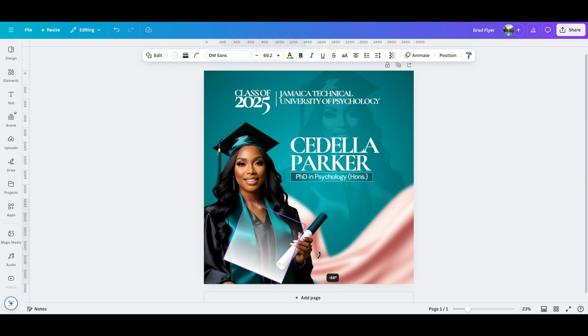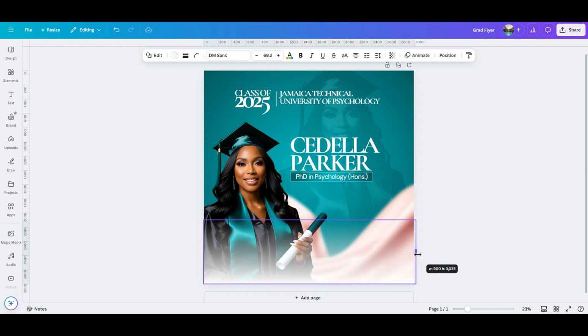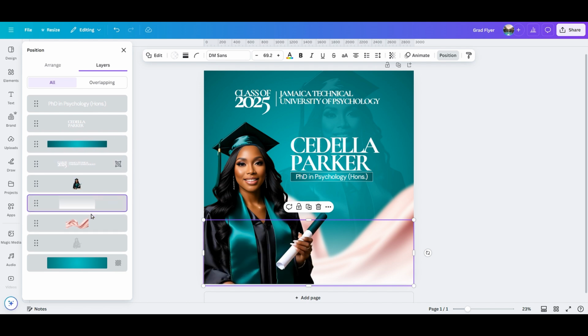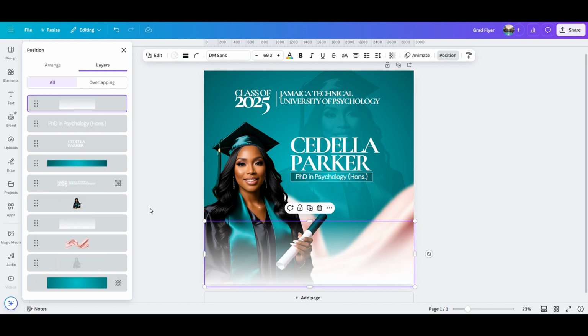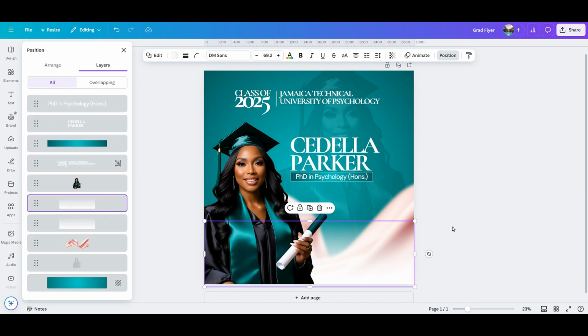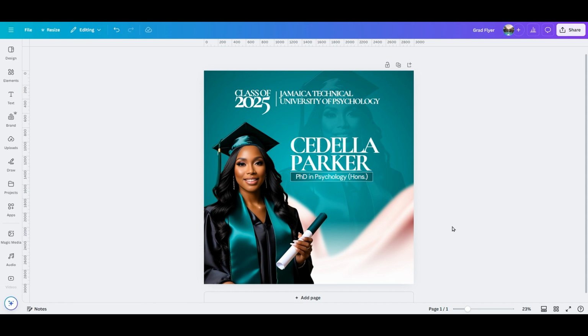And I'm just going to rotate this to a 90-degree angle, and I'm going to stretch this all the way out right here. No, it's covering the image, so we're going to select position and we're going to pull it behind the colored image, all right? And we're going to duplicate it again and we're going to pull it behind the colored image, and we should have something like this. Now we're just going to write the quote,